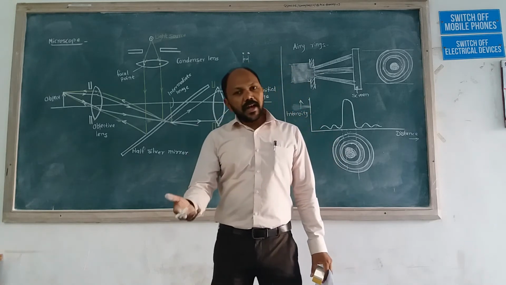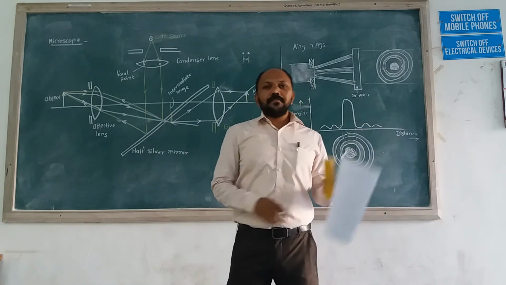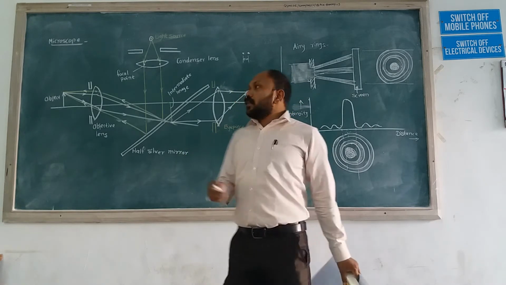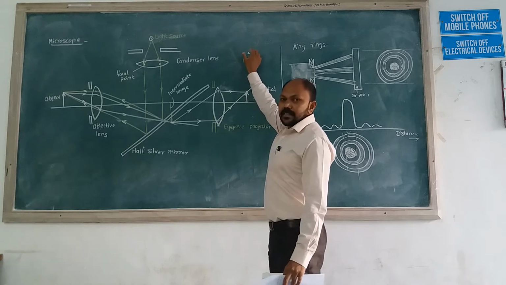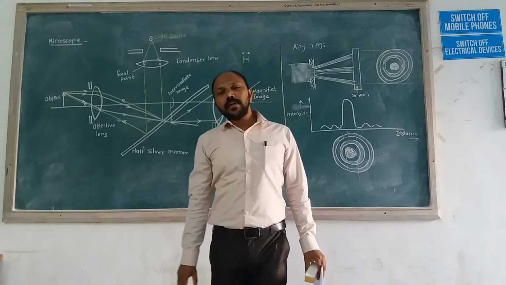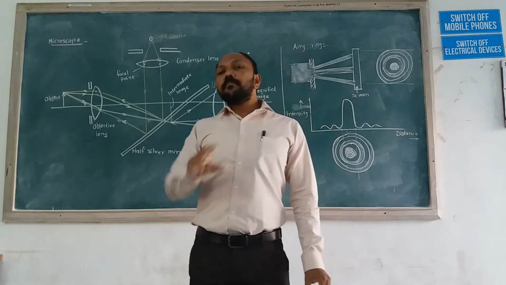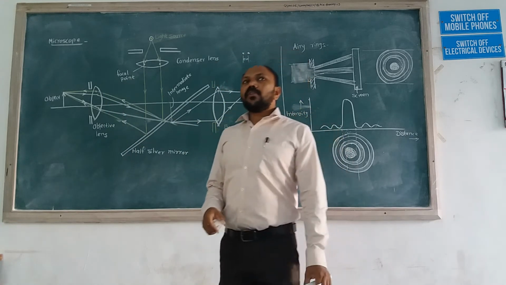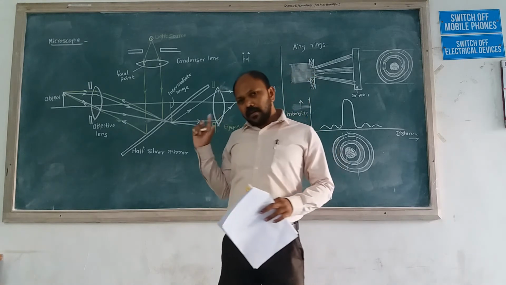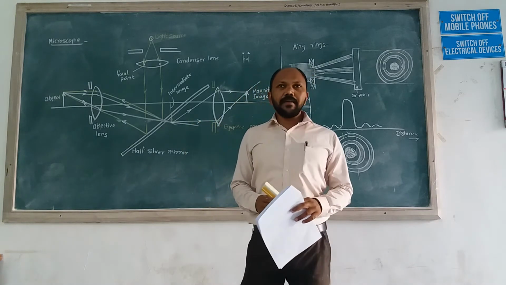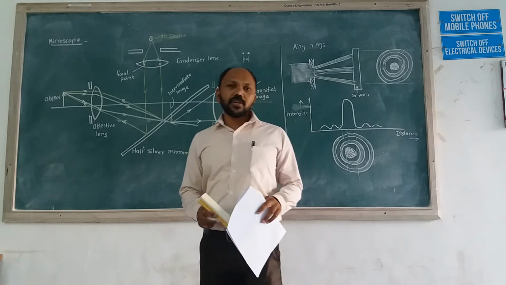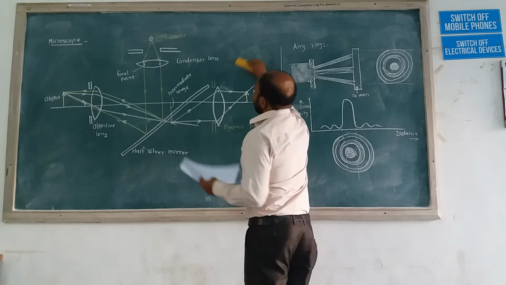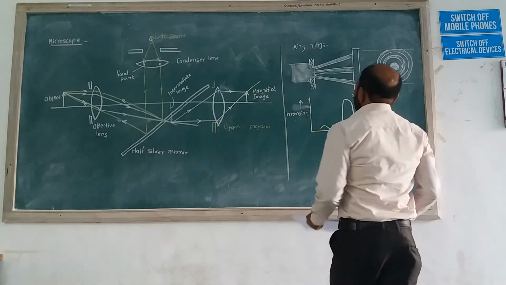If resolution is high, then the quality of the image is good. We get a clear picture. If resolution is less, then this distance increases, and in this way the picture is not clear, a blurred picture is seen. So in the case of the electron microscope, this condition does not happen. The clear picture we get in the electron microscope, but here the resolution gets reduced.